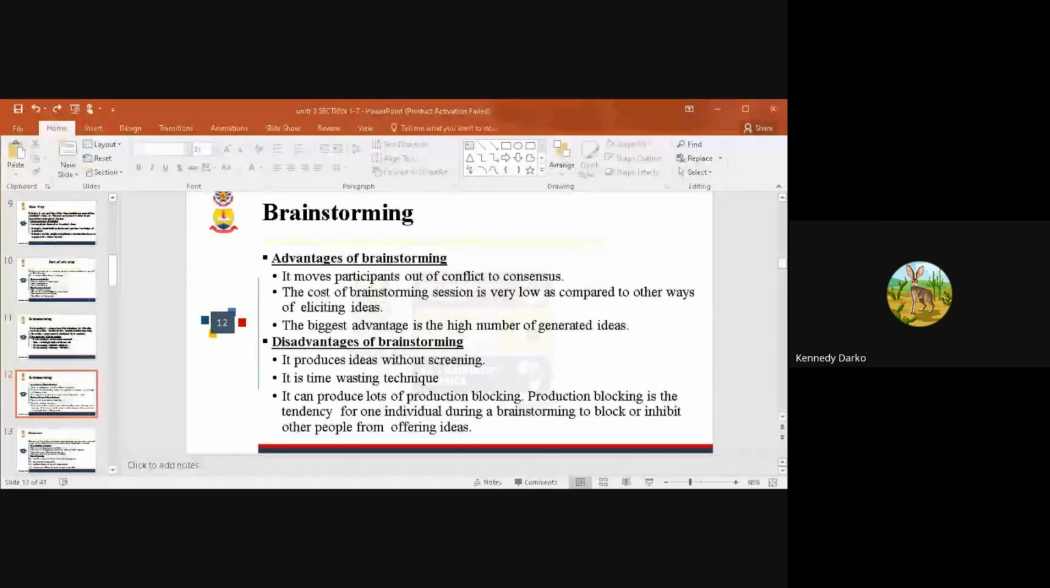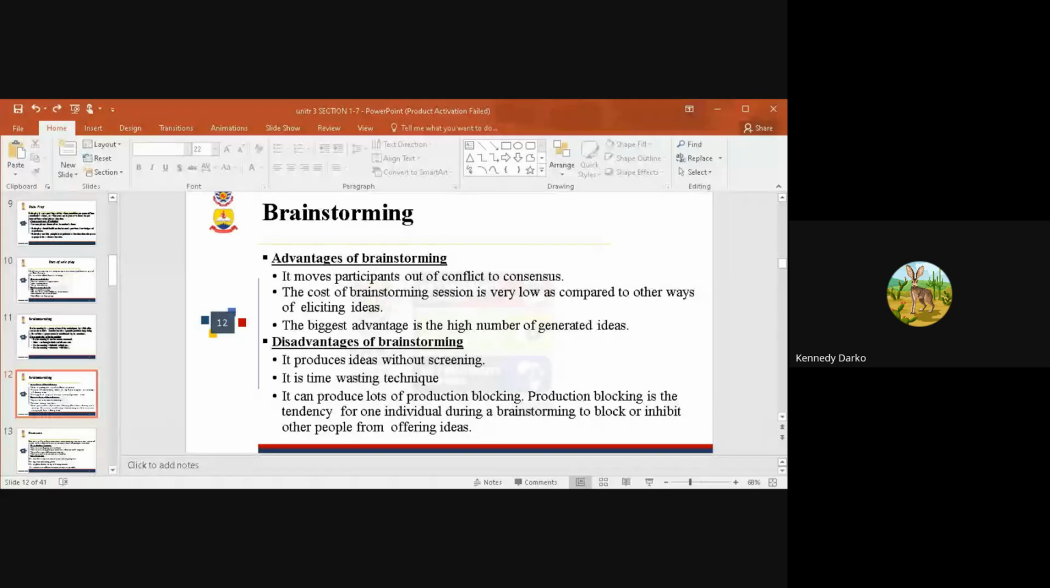Now, the advantage of brainstorming: it moves participants out of conflict to consensus. Oh, yours is not good, mine is good. This one is okay. Now let's brainstorm. Okay, this one, let's do it. No, let's do it this way. So as they are doing that, they will all come into consensus that, oh, we all agree that we'll go this way. But if you give them individual tasks, oh, mine is good, mine is better, let's use mine, that kind of thing. But with brainstorming, the advantage is that it prevents conflict and it drives students to a particular